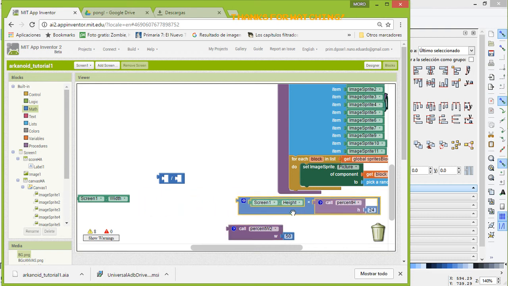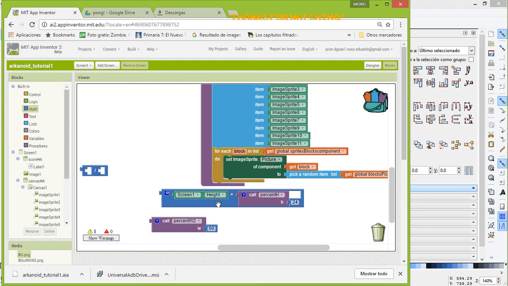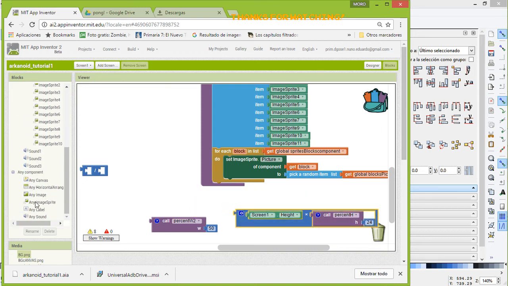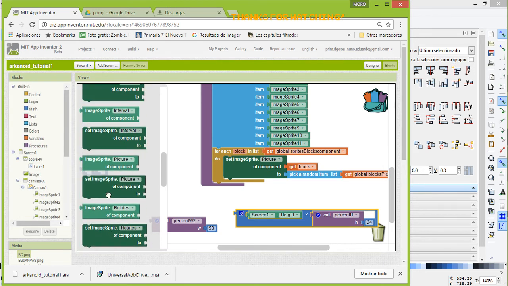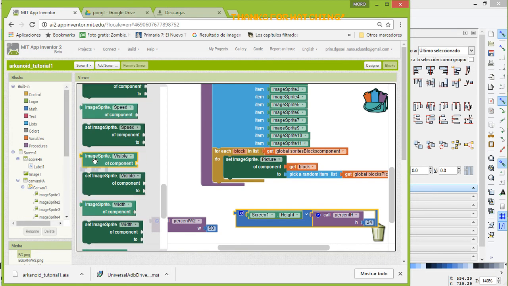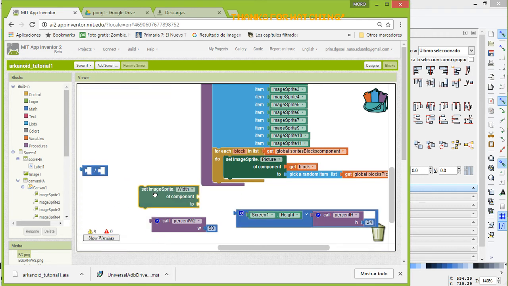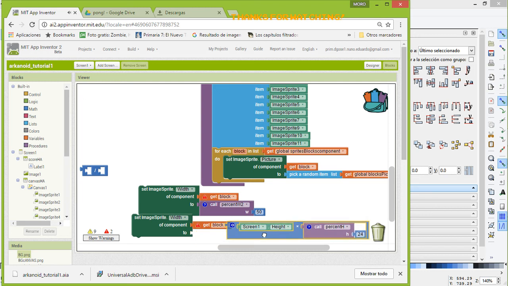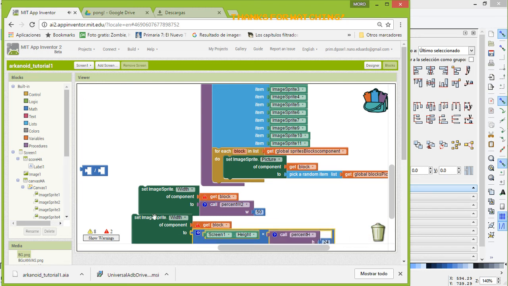So in this case, this is for the height of the images. We go to any component, then we go to any image sprite, and we're going to set the width and the height. It is with this one. We're going to drag this block, and we are going to duplicate this one, and we're going to use this one that we just created for the height. We change to height,